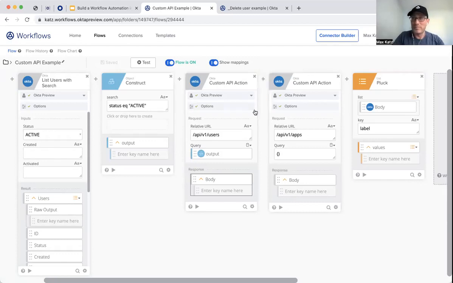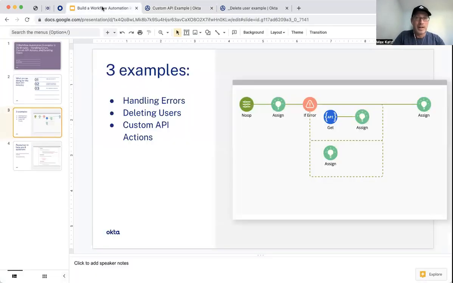All right. Oh, we're doing perfect on time. I think we'll have a few minutes for Q&A. So yeah, we saw how to handle errors, we saw how to delete users, we saw how to do custom API actions, and